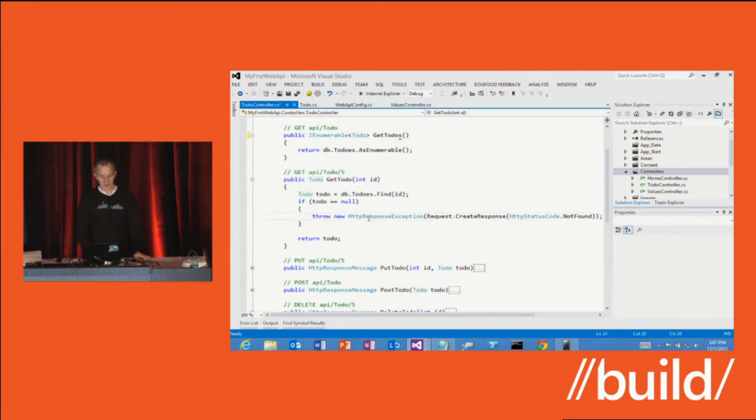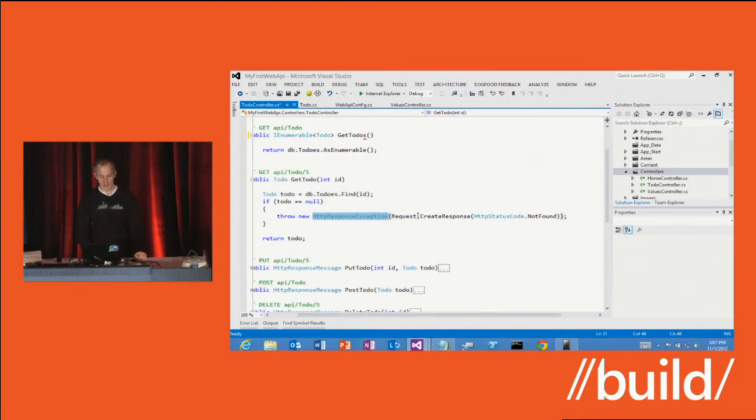This is a convenient way to sort of shortcut your logic and say, I need to send this response right now. This is what it is. And you do it by, you can throw a new HttpResponseException, and you just provide the response message that you want to send. So in this case, the scaffolded code is sending back a not found error response. You'll notice that the ApiController base type gives me the HttpRequestMessage. It's available as a property. If I wanted to actually parameter bind to HttpRequestMessage and have it be method signature based, that works too. You can parameter bind to HttpRequestMessage directly. So you can have an action that just takes the request and returns the response and then do whatever you want.